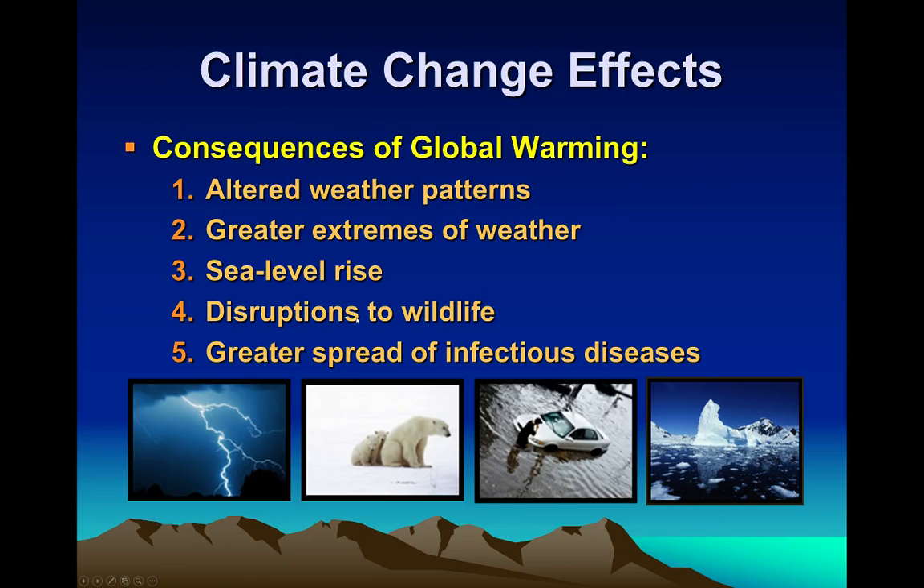Of course, we need to talk about the consequences of climate change, in particular, the warming side of things. If we were talking about going into an ice age, that would have different climate change patterns. But here for global warming, we're going to have more severe storms,